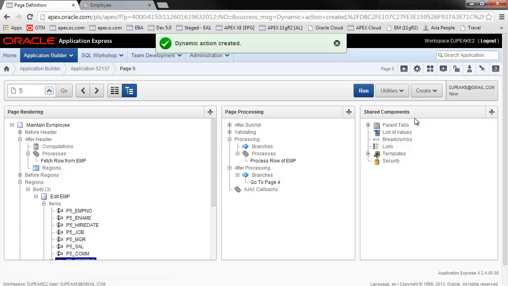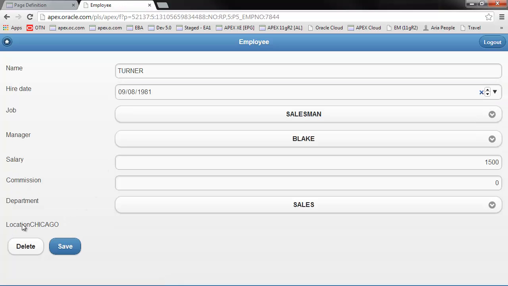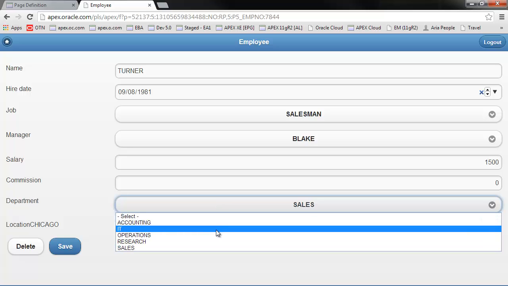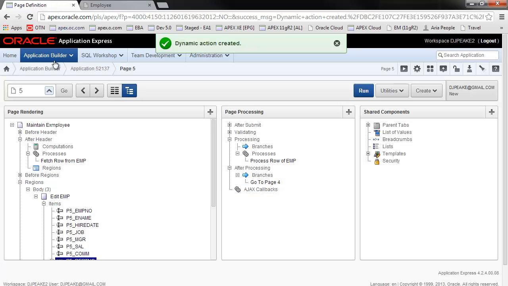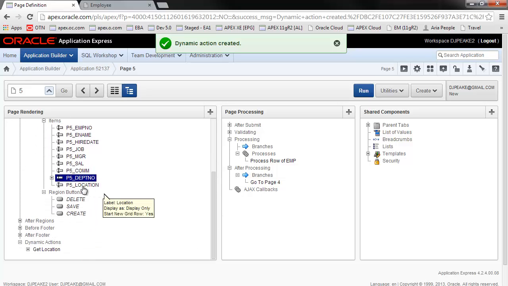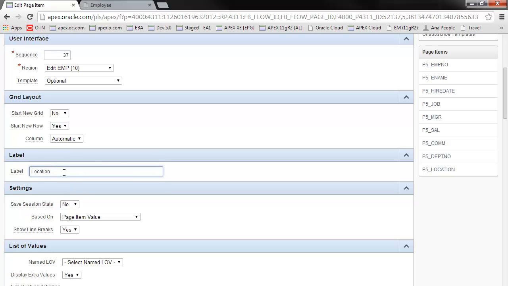So I've created this dynamic action. Just go back over here, hit F5 to refresh the page, and you'll see that it's showing location of Chicago. Now, if I go and change my department to, say, IT, then that location changes immediately to San Francisco. Going back into my page definition, just need to clean up that label a little by putting a colon and an ampersand NBSP, which is HTML space,